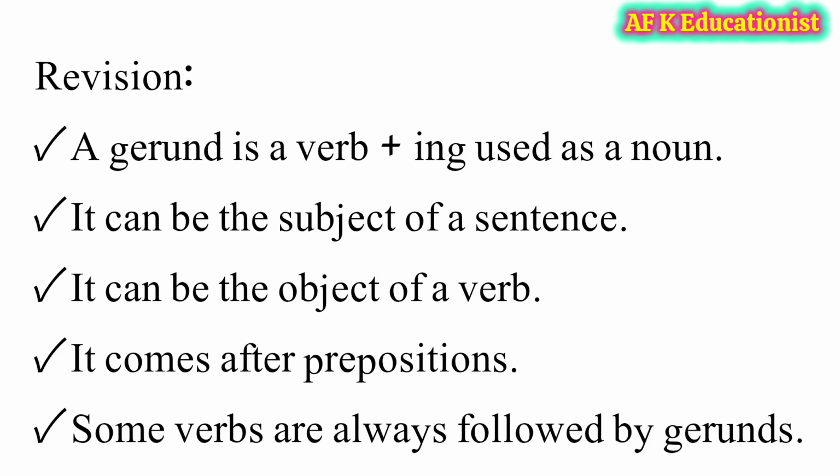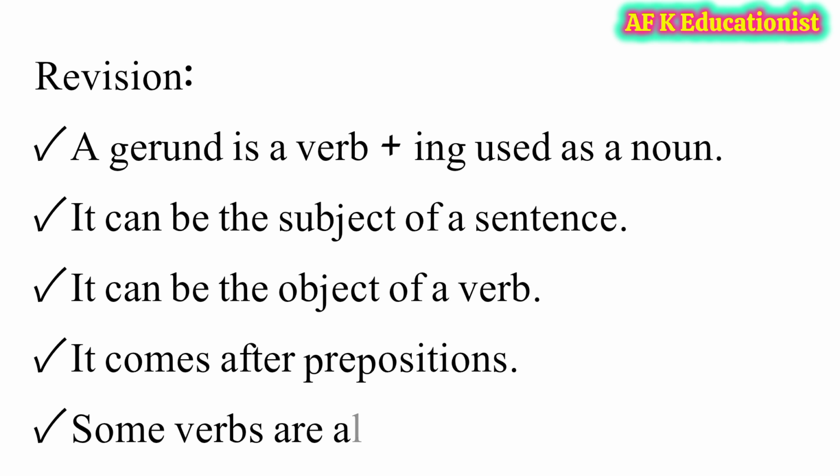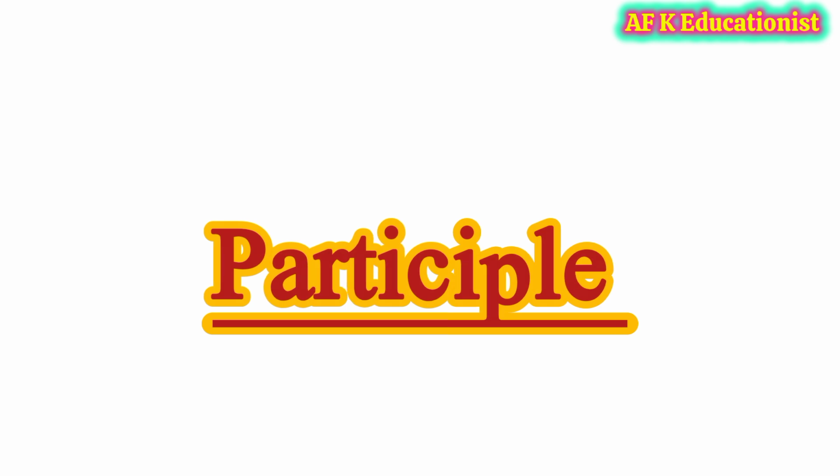A gerund is a verb plus ing used as a noun. It can be the subject of a sentence. It can be the object of a verb. It comes after prepositions. Some verbs are always followed by gerunds. Next. Now we discuss